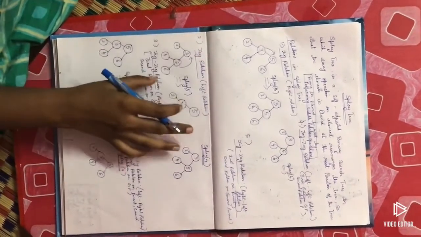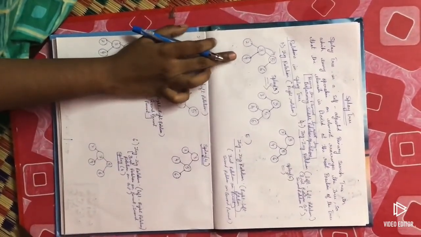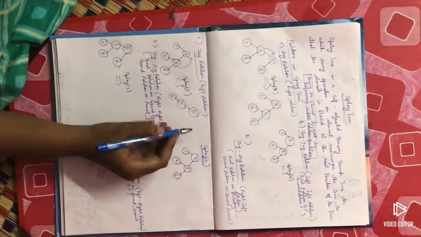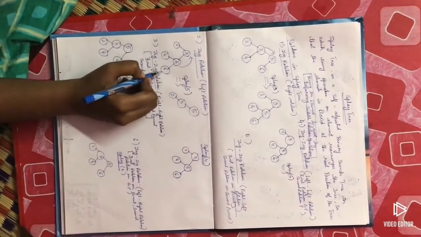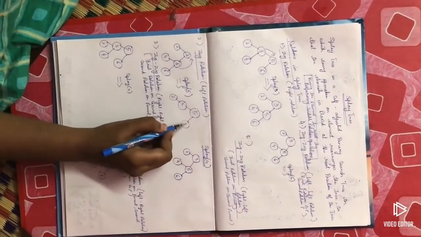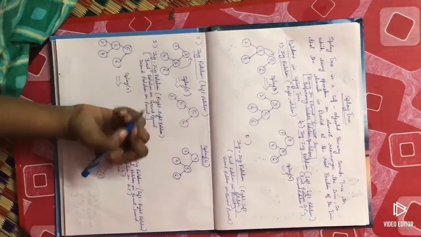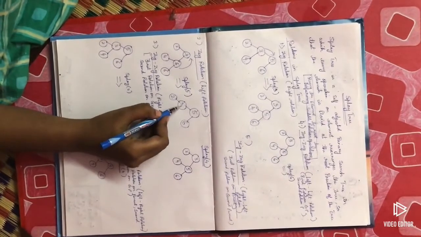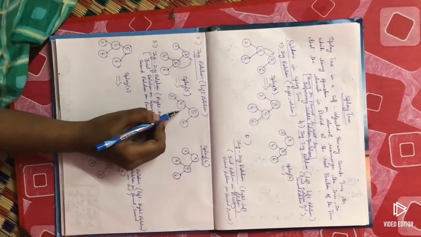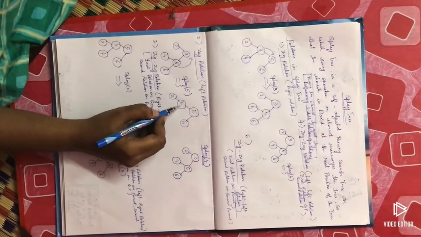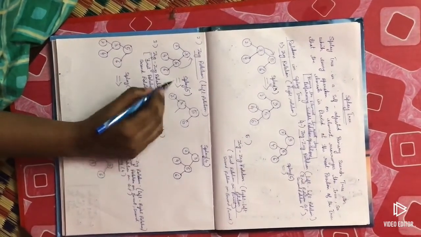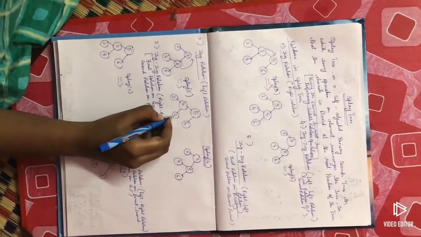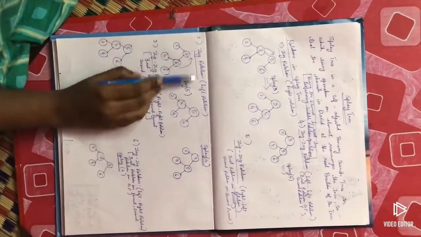One thing I forgot to say: these are all questions, and we are solving that question. So now I am pulling down this 3 and 2. What is the right side of 5? At the right side of 5, 6 is there, and at the left of 5 there is 4. Also at the left of 5 there is 3. So compare 3 and 4. 4 is greater, so I am putting it at the right of 3. So this is the zag rotation.